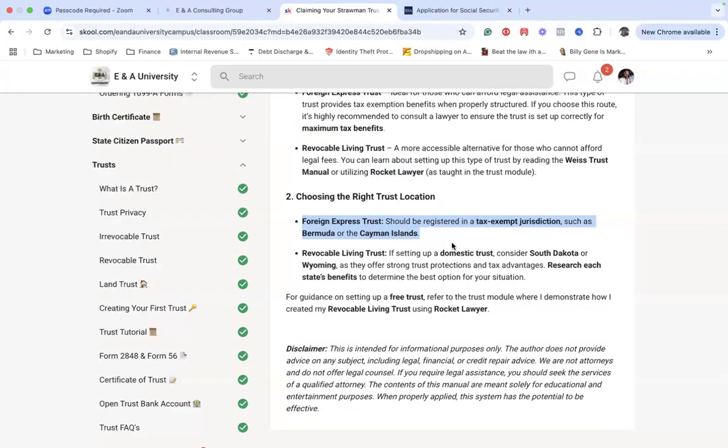Right. Some beneficial places to start these are Bermuda and Cayman Islands. These have very good tax exemptions. I've heard about the Cayman Islands a lot. That's actually where a lot of celebrities and big ticket clients usually go. But